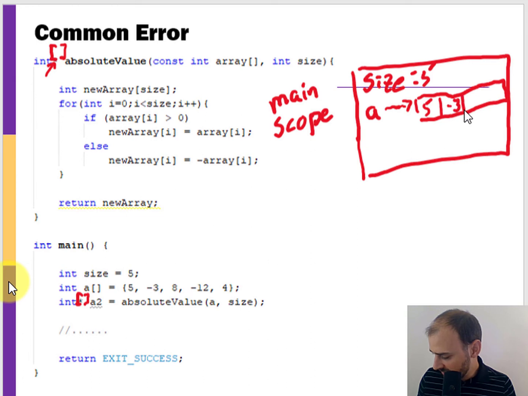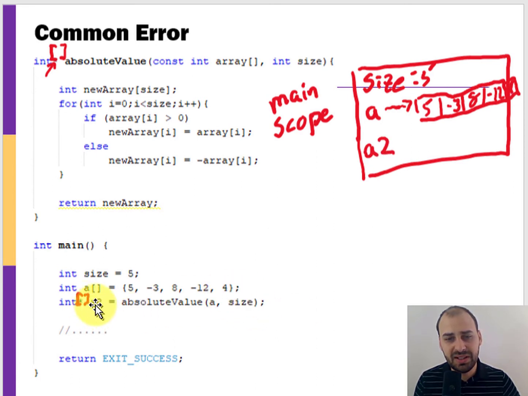5, -3, 8, -12, and 4. Okay. And then we also have our array 2, our results here. Okay, we'll come back to where that points later on. Now, when this is called, right, the absolute value function, so we have our